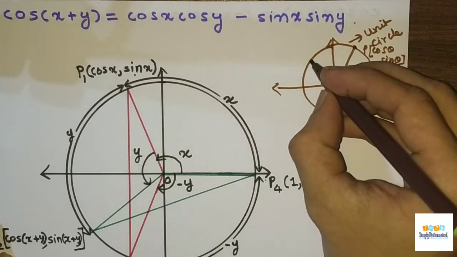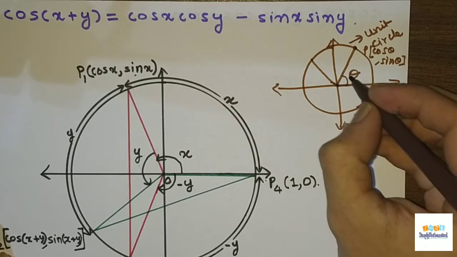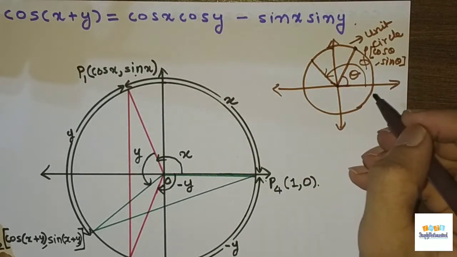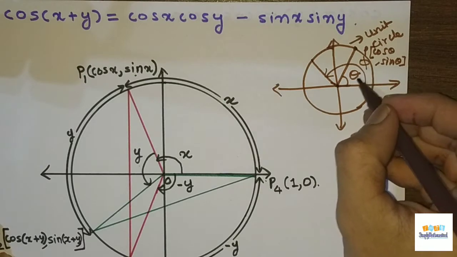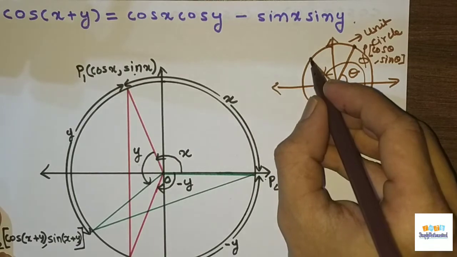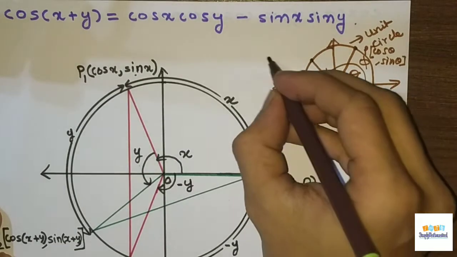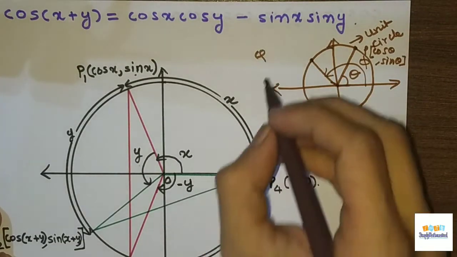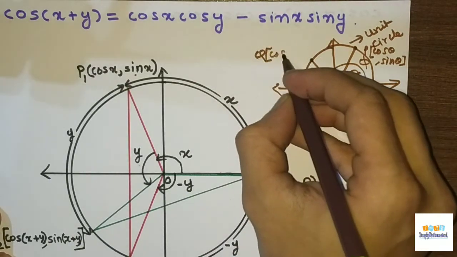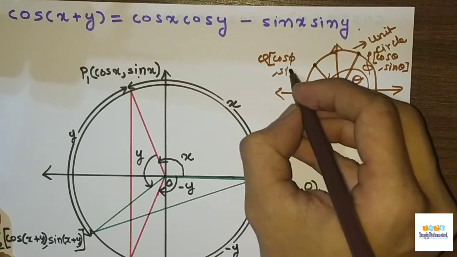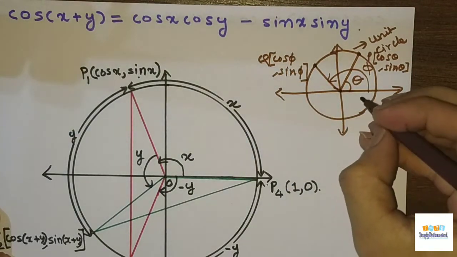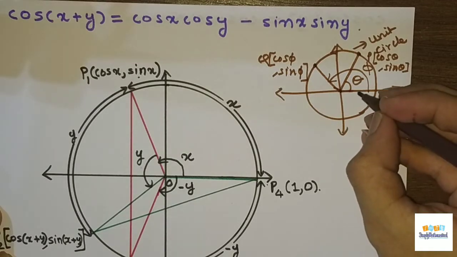Suppose now again you have an angle here, and suppose this angle is phi. This is the Greek letter phi; instead of theta I am writing phi. Then you will get a point on this unit circle, let us call it Q. What will be the coordinates of this point now? It will be cos phi comma sin phi. So this you have to know, this is very important.